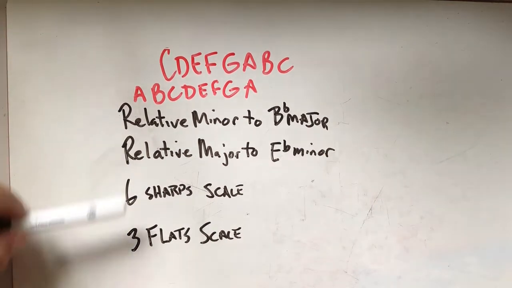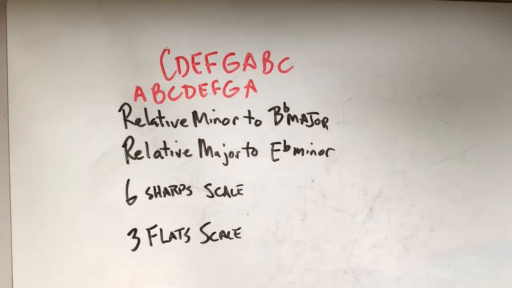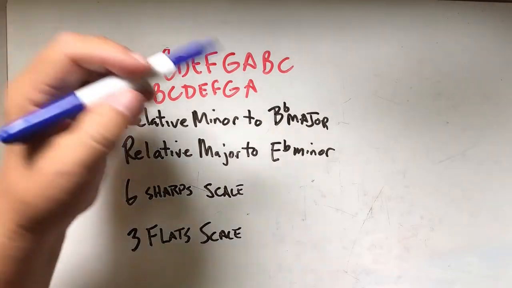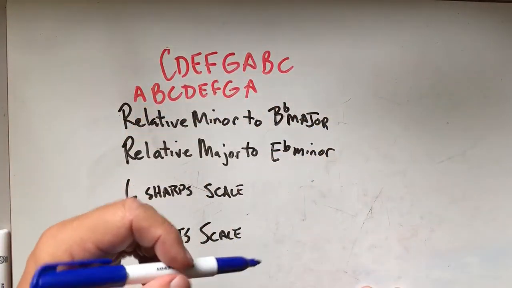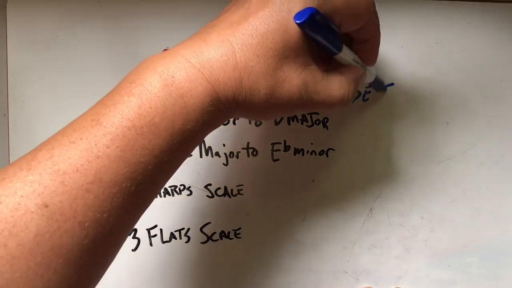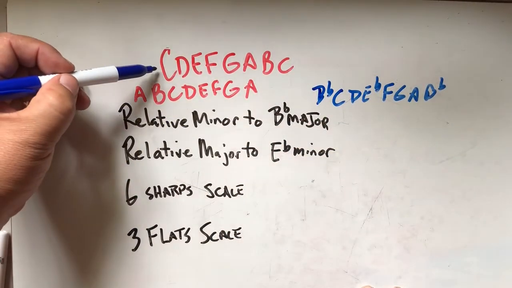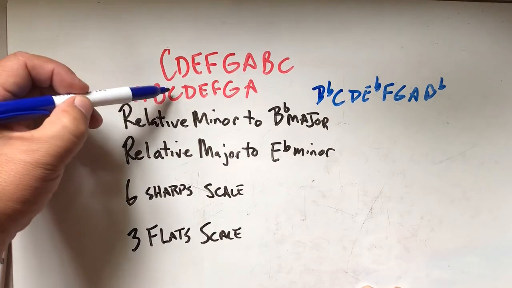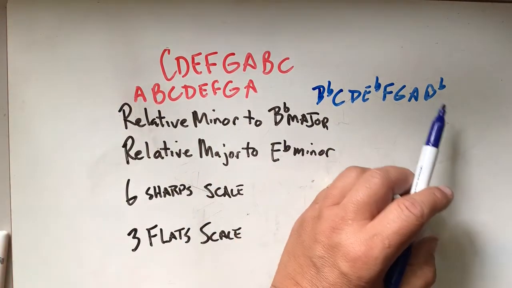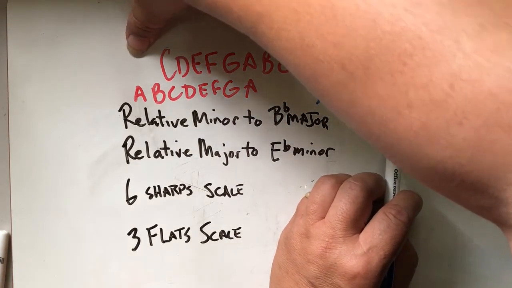So how do we do these? Well, if it says, I want the relative minor to B flat major, you have to spell a B flat major scale first, if you don't have this memorized, okay? Because you could have just memorized them through use of the cards. But you can spell a B flat major scale. So B flat has 2 flats: B flat, C, D, E flat, F, G, A, and B flat. And then remember that if this is my major and I want my minor, I have to go back 2 scale degrees. So I'm going to start here, and I'm going to go back and back. And so the answer is